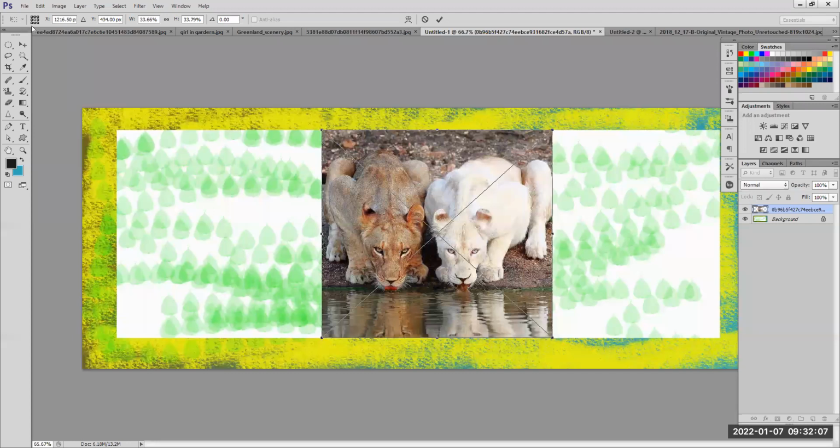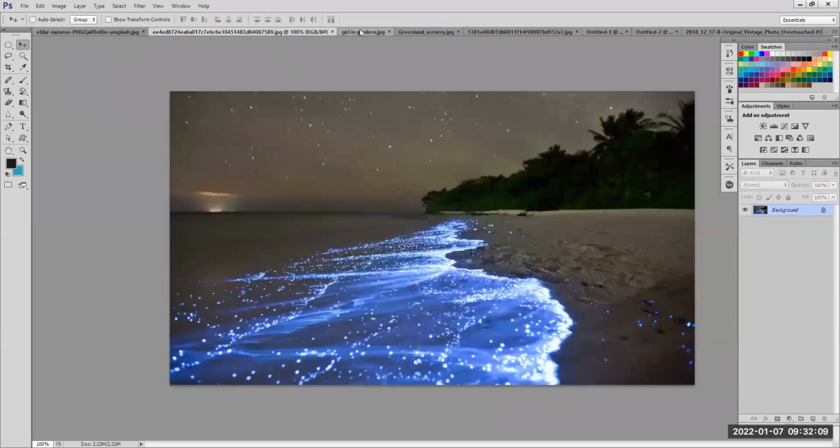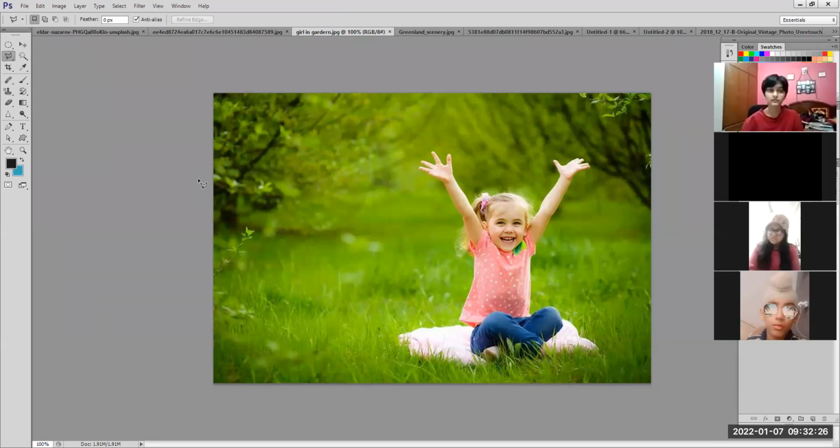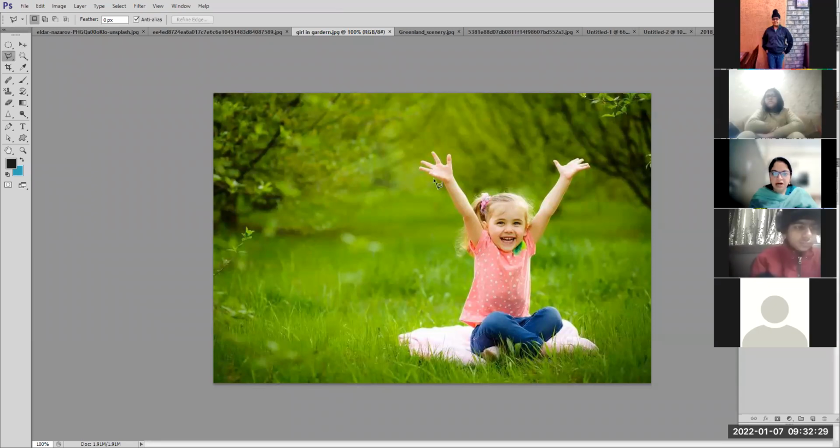Okay. Coming back to that again, pictures, we are going to do the lasso tools. First I told you the lasso tool. Second is your polygonal lasso tool. Now, what will the polygonal lasso tool do? It will draw straight lines, like the polygon tool we used in MS Paint. ठीक है? Now suppose I want to select this girl.